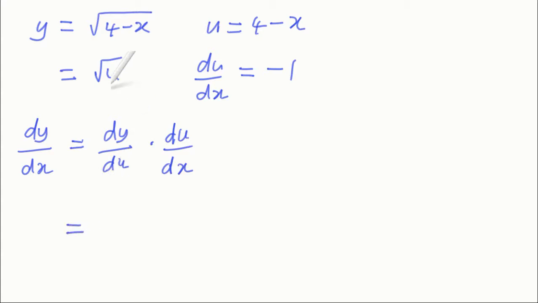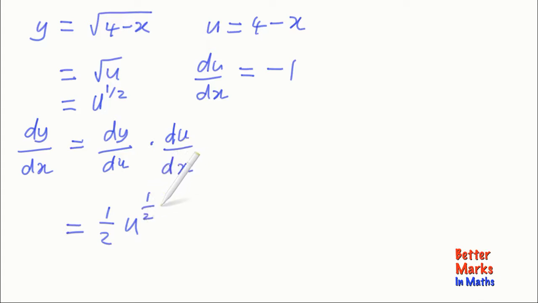And dy du, so just before I go ahead with that, the square root of u is u to the 1/2, and dy du, so deriving this with respect to u, it's a little bit like x to the 1/2, except it's a u this time, so the rule is you bring down that power, keep the original function, which is the u part, or the part that's being raised to that power, and then you decrease the power by 1, so 1/2 minus 1, and then you multiply by du dx, which is -1,